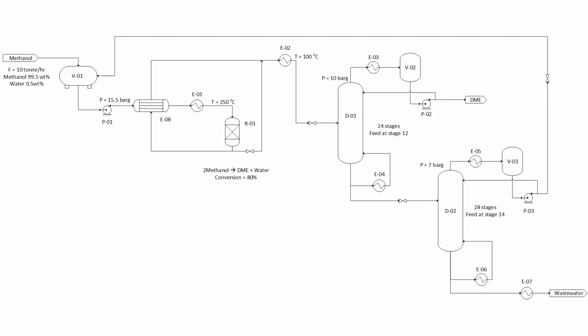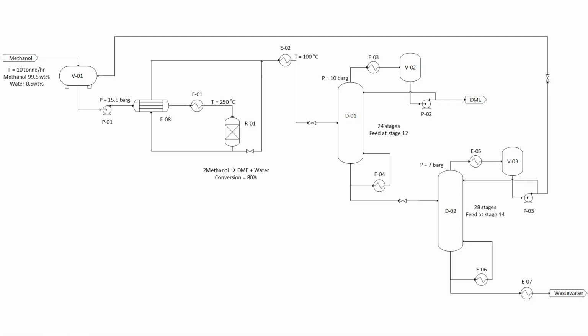In this reactor we simply model it like a simple conversion reactor model, where the methanol is dehydrated to make DME in these reactions. The outlet of the reactor is split so that it can be cooled down, to maximize the amount of heat transferred to the feed. In the end, it is cooled down to about 100 degrees C and then expanded to the column pressure of about 10 bar gauge. This column has 24 stages, with the feed coming at stage number 12,